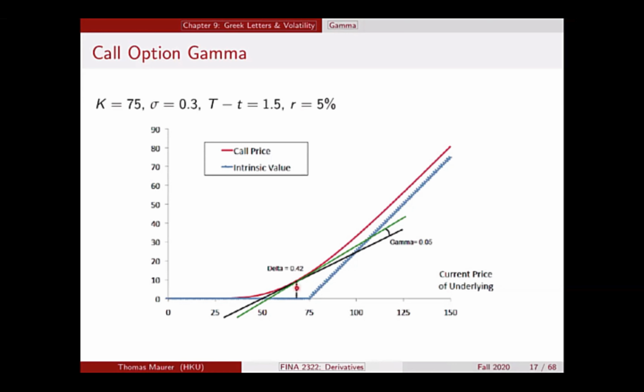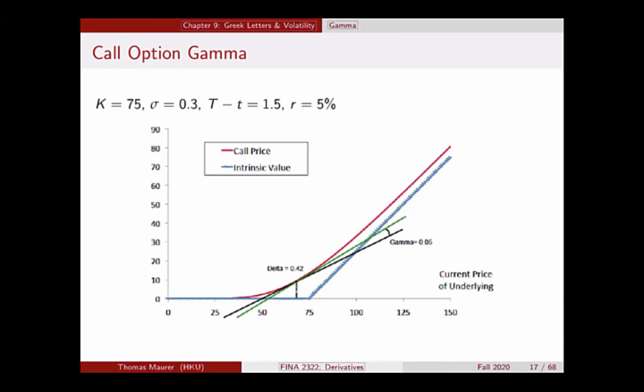That's what we call the call option bleeding, and that red line becomes closer and closer to the intrinsic value of that blue line. So you have basically a downward shift of the red line, becoming closer and closer to the blue intrinsic value line. That means that if the price of the underlying doesn't change at all,